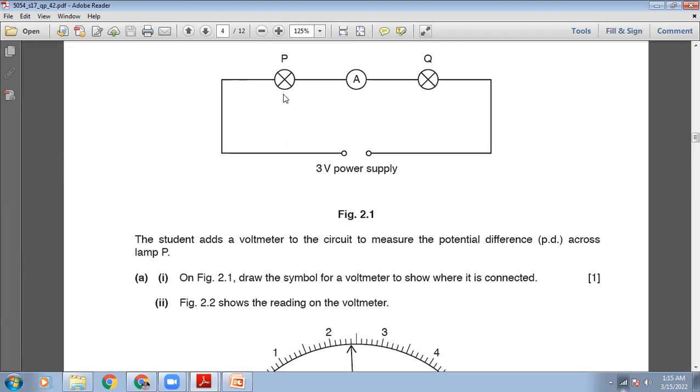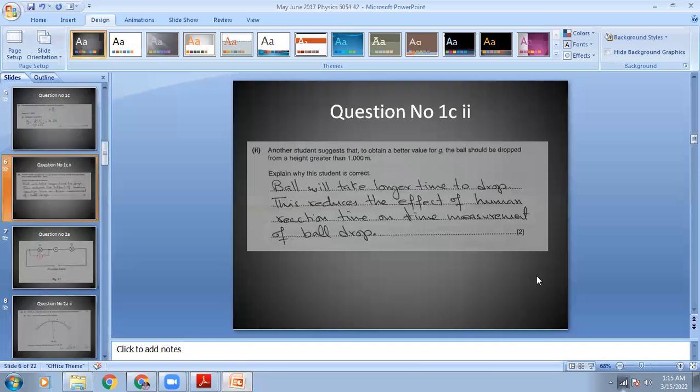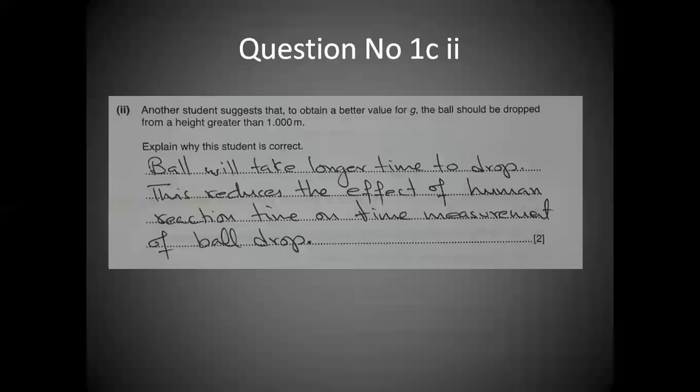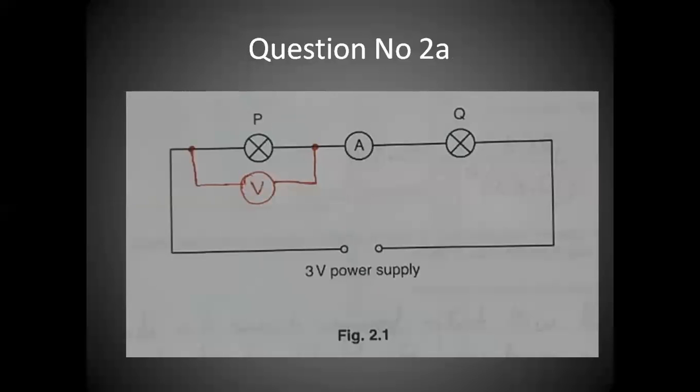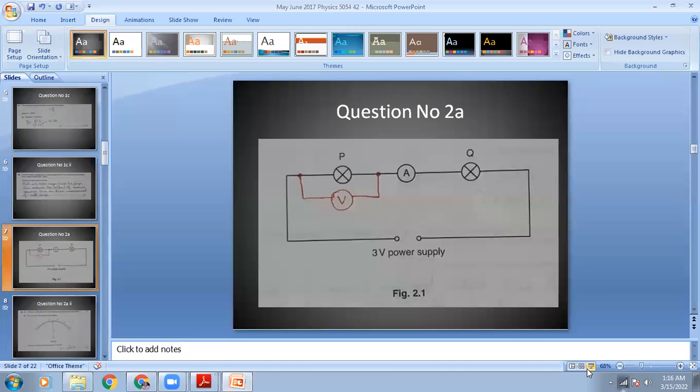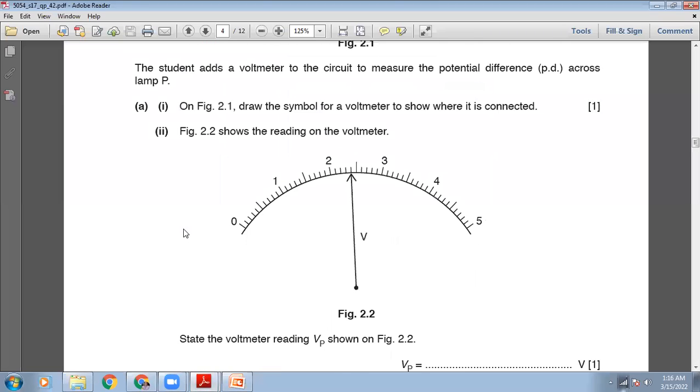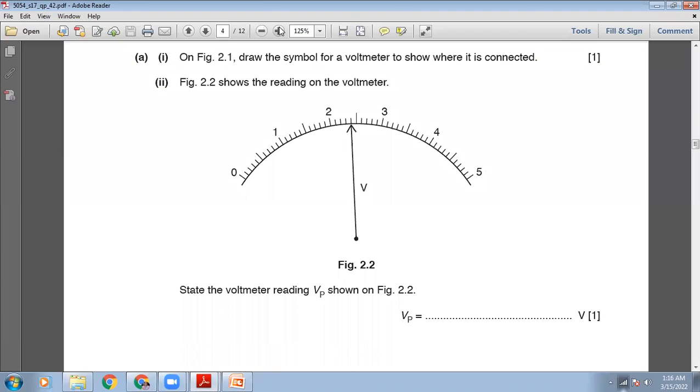So parallel to the lamp P, here I will add a voltmeter. Let me show you. So you can see on your screen that I have added a voltmeter with the correct symbol parallel to the lamp P. So this voltmeter will be able to measure the voltage drop across the lamp P. Okay, so the next part is,